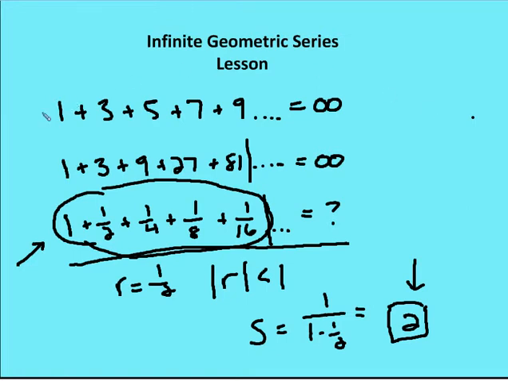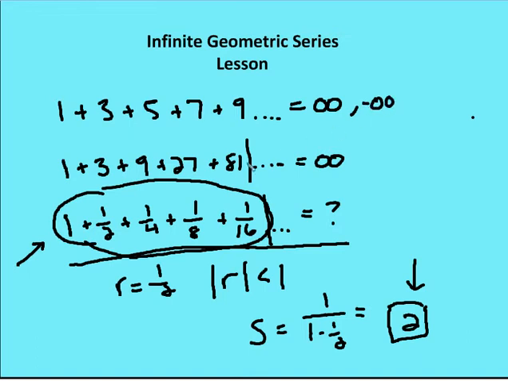First is when I have an arithmetic series, my constant difference gives me a sum which is continually increasing. So in this case I have 1 plus some value plus another value or the same value, and so on and so forth. And that value continues to increase or get larger, or in the instance where the constant difference is negative, my value becomes more and more negative. And either way, as I take the sum of the terms in the sequence, I end up moving closer and closer to infinity,